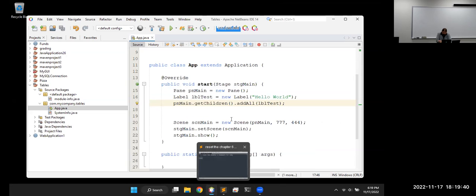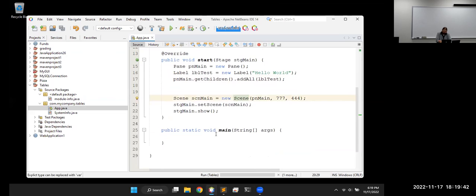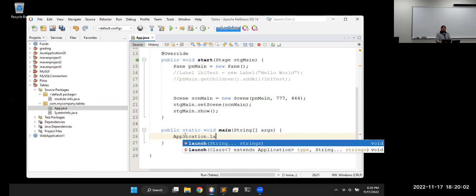Okay, why is nothing showing here? Oh, I forgot an important thing. I erased the main. Our main doesn't do anything. That's why it didn't show when there was a label. Let me go back there so we can see that. Comment that out and comment that out. And in our main, we can call application.launch